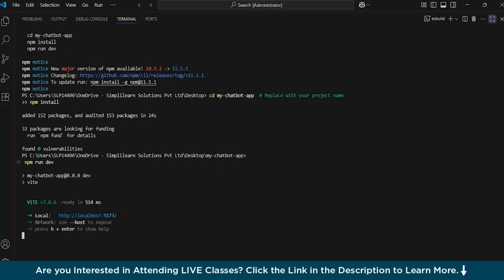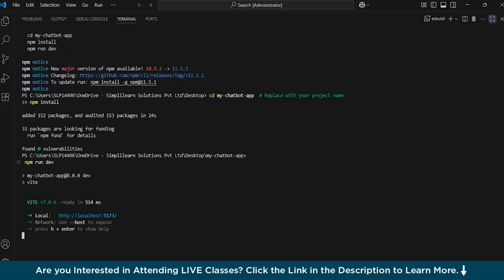With the basic project structure in place, the immediate next phase involves navigating into the newly created project directory within the terminal, typically by using the command cd followed by the project name. Following this, the crucial npm install command is executed. This command acts as a project manager, reading the project dependencies list and automatically downloading and configuring all the necessary external libraries and tools into the node_modules folder, effectively equipping our project with its full set of required components.